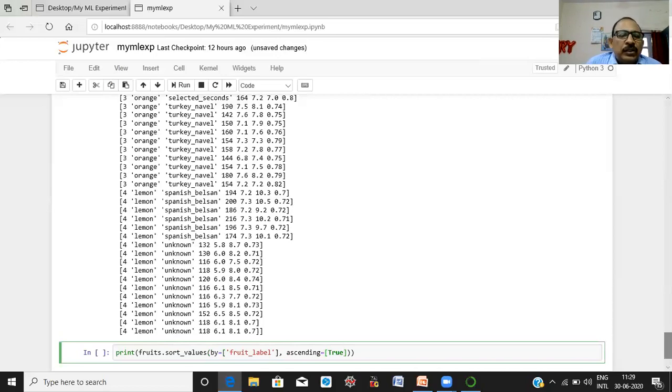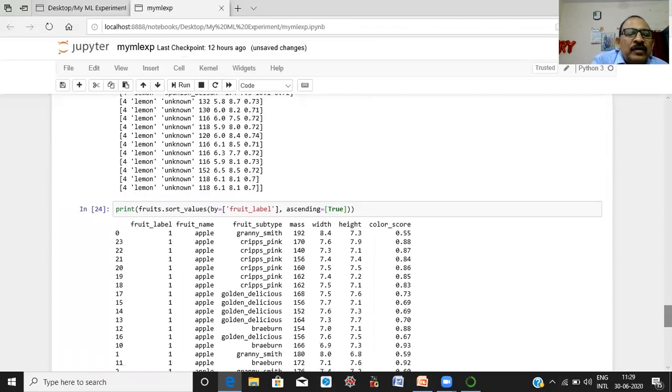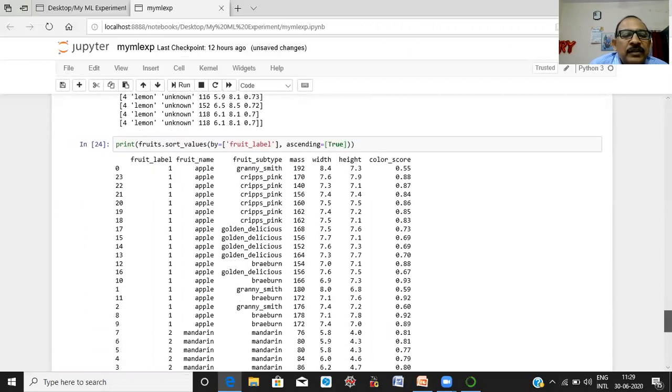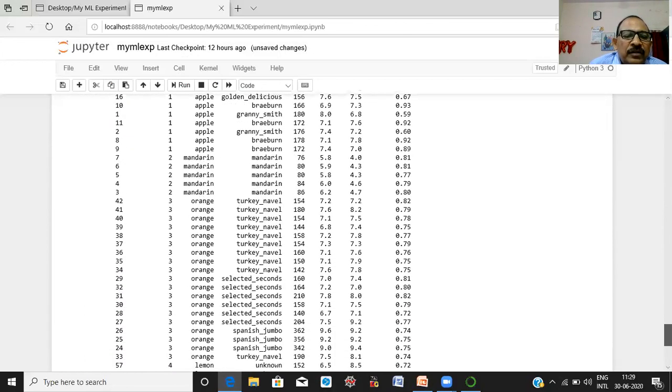Suppose we want to arrange our data set in ascending order on the variable fruit label. Here you can see the data set is arranged on the fruit label in increasing order, or non-decreasing order.